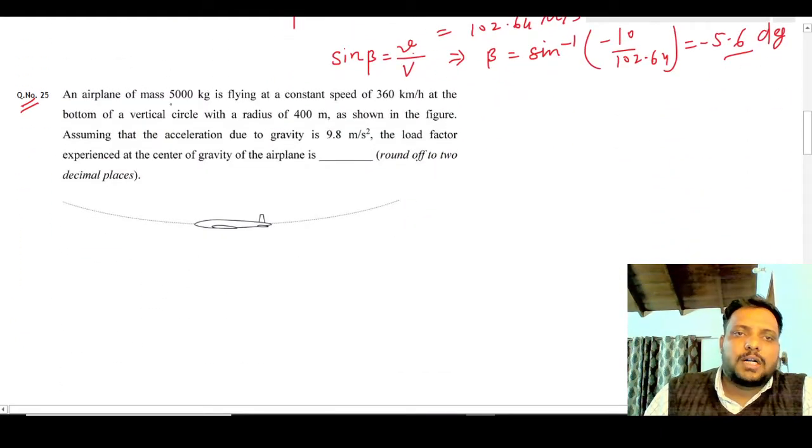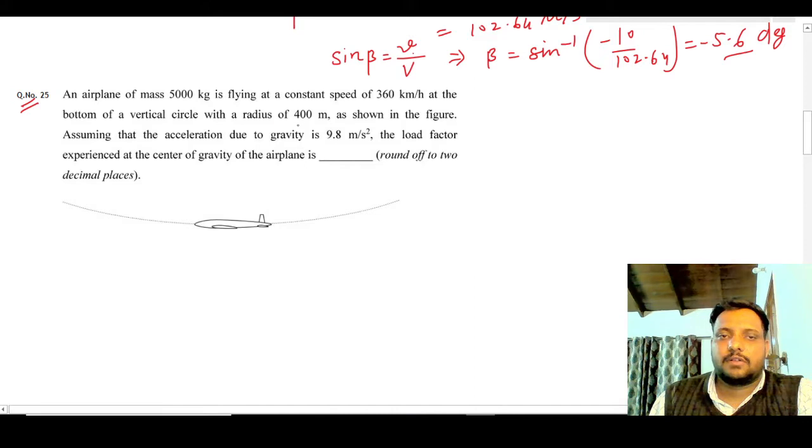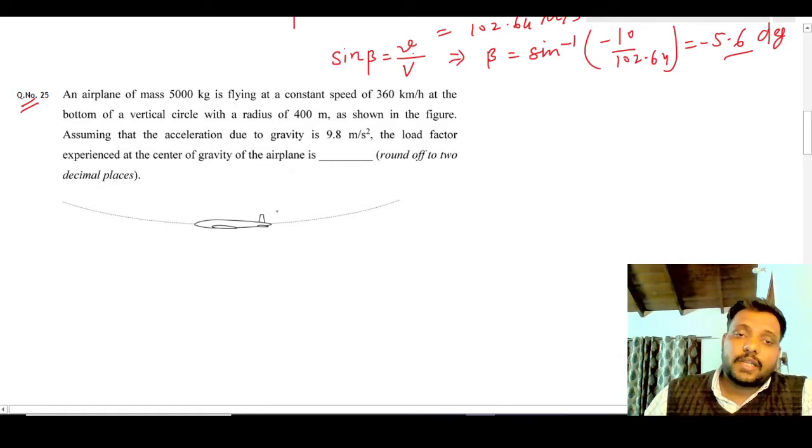An airplane of mass 5000 kg is flying at a constant speed of 360 km per hour at the bottom of a vertical circle with radius of 400 meters as shown in the figure. Assuming that the acceleration due to gravity is 9.8 meter per second squared, the load factor experienced at the center of gravity of the airplane is. So we have to find out load factor here, and it is very clear from this diagram as well as from the numerical that it is a